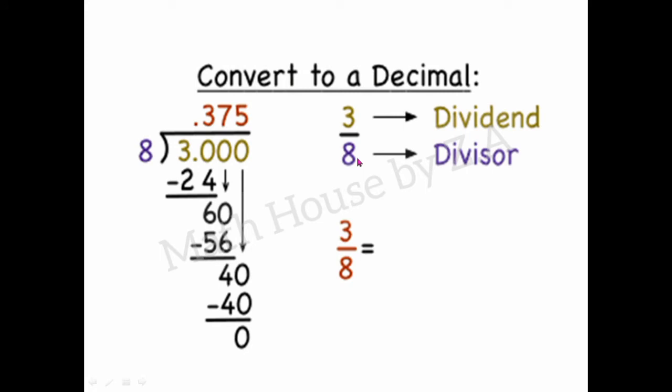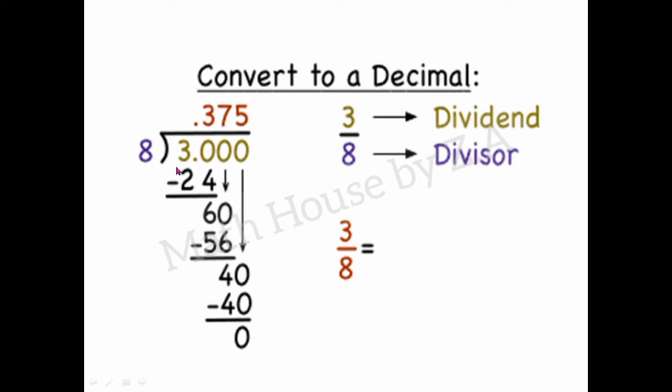Here we take an example, 3 over 8. 3 is the numerator and that is the dividend, and 8 is the denominator and that is the divisor. Dividend means the number you want to divide up, and divisor is obviously the number that divides the dividend. Or in a very simple way, we always divide the numerator by the denominator. Here you can see 3 is under the division sign and 8 is outside the division sign, and this 3 is not in the table of 8. We can't divide this 3 by 8.